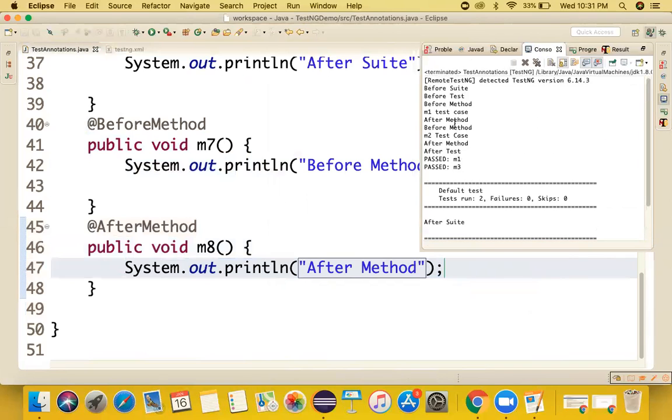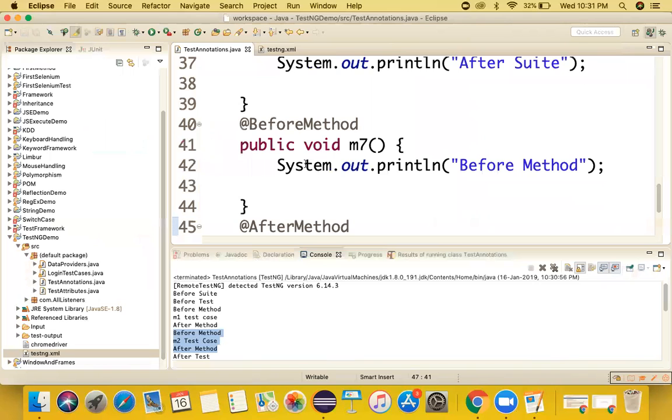Now it has very clear messages. Can you see M1 test case? Test case is sandwiched between before method and after method. Each test case is sandwiched between before method and after method. So before method and after method annotated methods will execute before and after every @Test annotated method. Okay, then